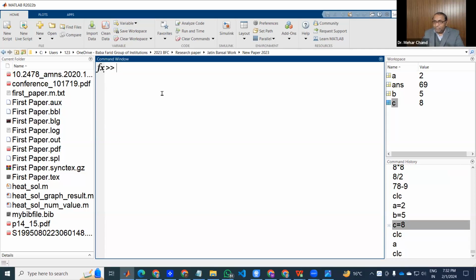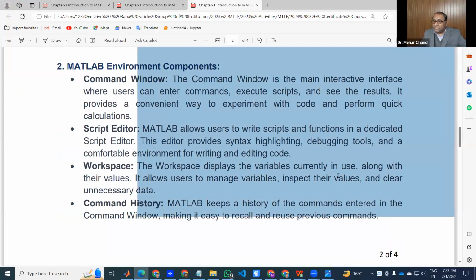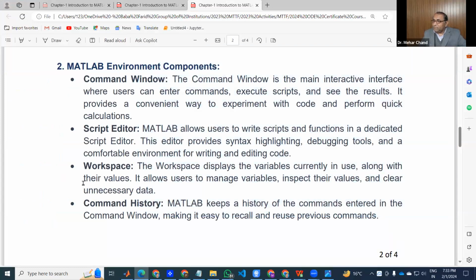Again, CLC. So the workspace displays the variables currently in use along with their values. It allows users to manage variables, inspect their values, and clear unnecessary data. And what is the purpose of command history? The command history keeps a history of the commands entered in the command window, making it easy to recall and